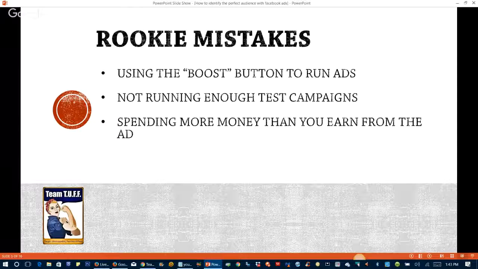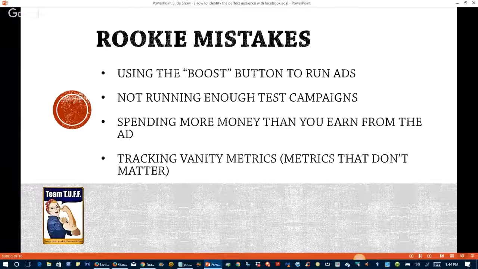When I test things, I usually test them for like $2 a day for a few days just to see how they perform, and then I'll ramp them up from there. So don't spend a ton of money on an ad thinking, oh, if I pump more money into it, it's going to work really well. That's not always the case. You really need to spend money that you have and that you're not afraid to lose, because initially you are testing, and then once you get your test done, you can start cranking more into it and have a good idea as to how it will perform for you.